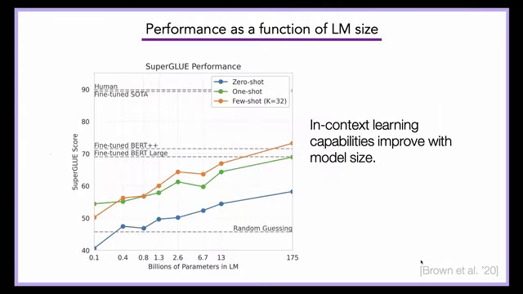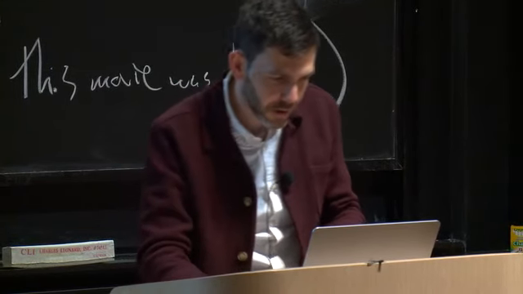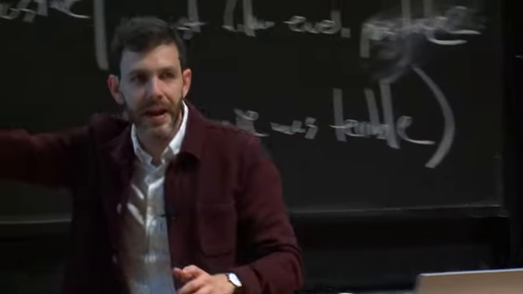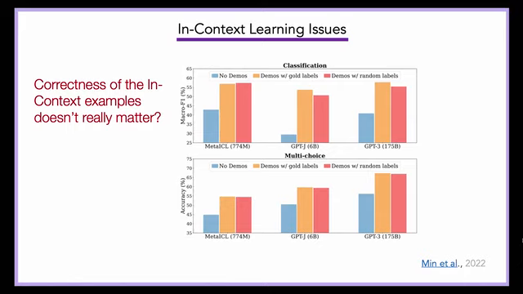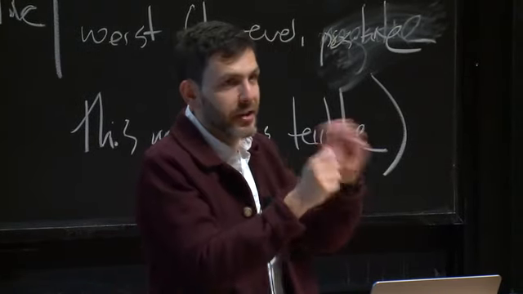However, a lot of these issues seem to be going away with scale. And I'm not sure I have slides for this in this particular talk. But even this phenomenon that we were looking at here, where models seem to be pretty insensitive to random labels or flipped labels or whatever, in even larger models than the ones that we were looking at here, in GPT-4 and some of the other things that have come out since then, models do actually start to pay attention to the association between labels and